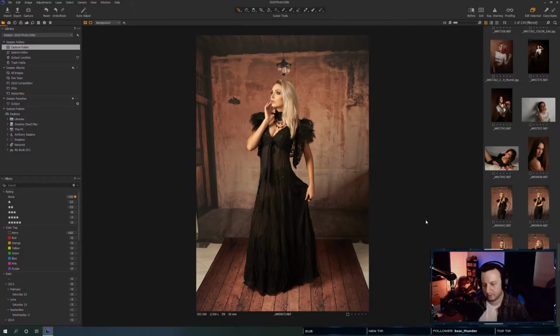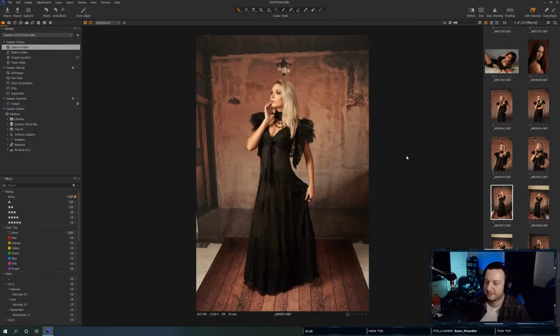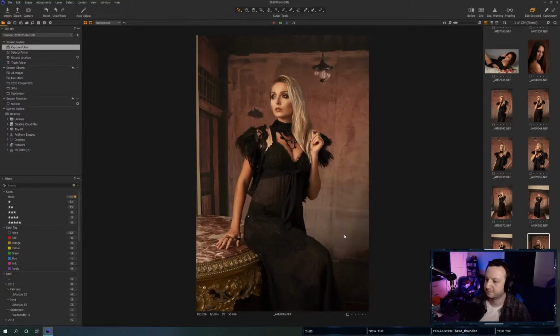But this one actually might require a bit of work, and we may come back to it. Just because if it is going to require a bit of work, this will be a really long one. Maybe we'll cut her out, keep the floor. I do kind of like the wood floor, and I'm gonna research and find a different background. We'll do a whole composite series.